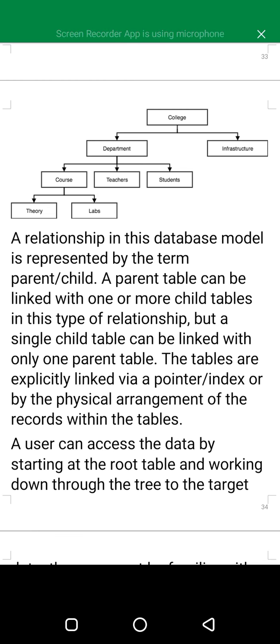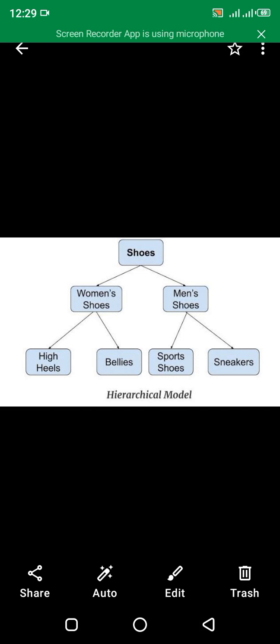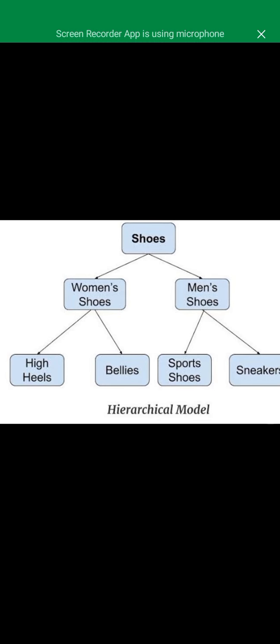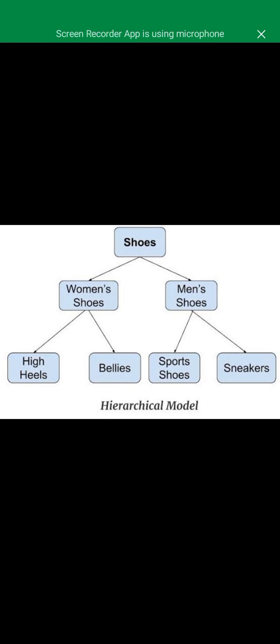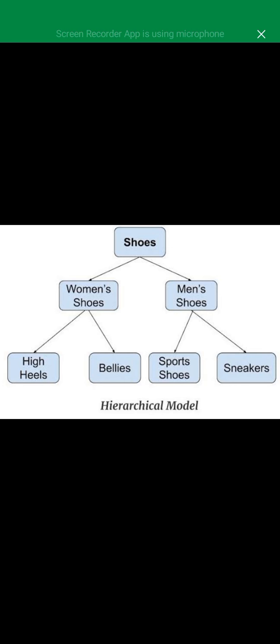Let me show you another example. Under this example, shoes becomes the parent, and women's shoes and men's shoes become the child. When we go further down, women's shoes becomes the parent, and high heels and bellies become the child.